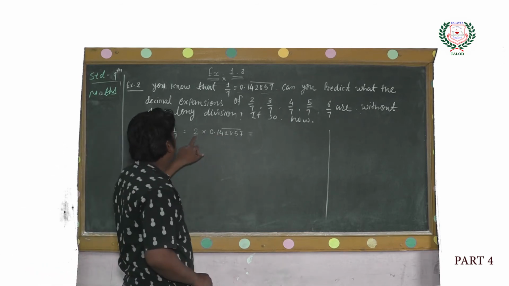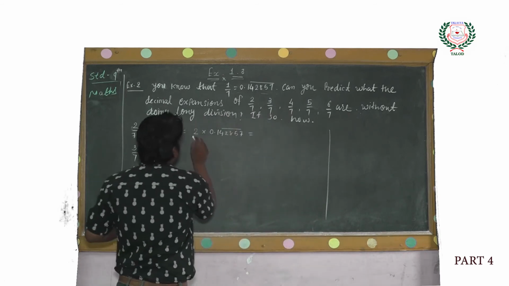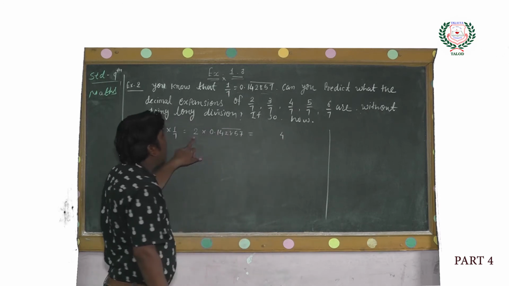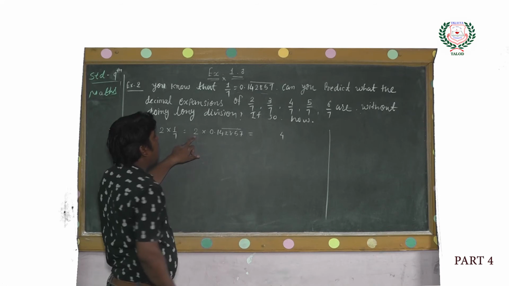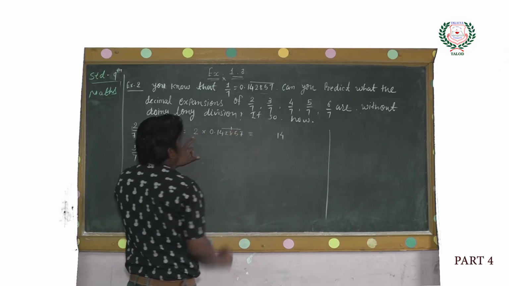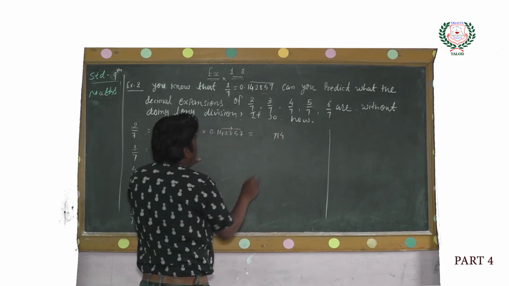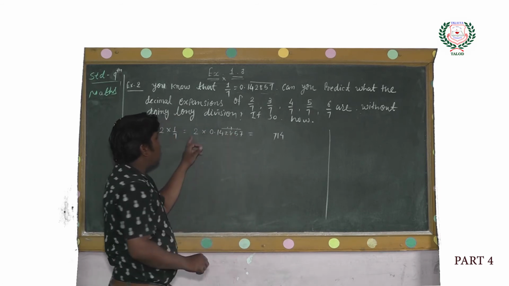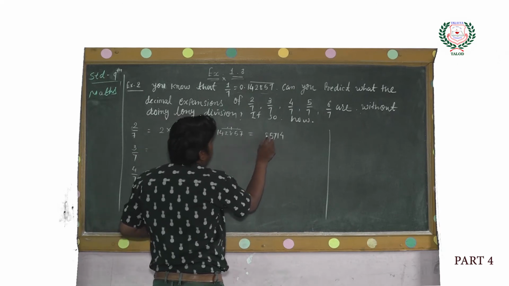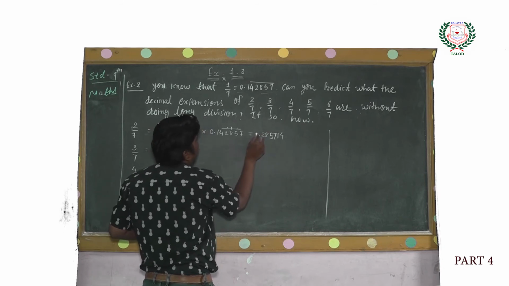So you can multiply it. 7 in rough form also you do it and continue the sum. So 7 2s are 14. 1 is a carry. So 5 2s are 10 and 1 plus, so 11. Once again 1 carry. So 8 2s are 16 plus 1, so you get here 17. So 7 and 1. 2 2s are 4 plus 1, 5. Once again 4 2s are 8 and 2 1s are 2 and put here point and 0.